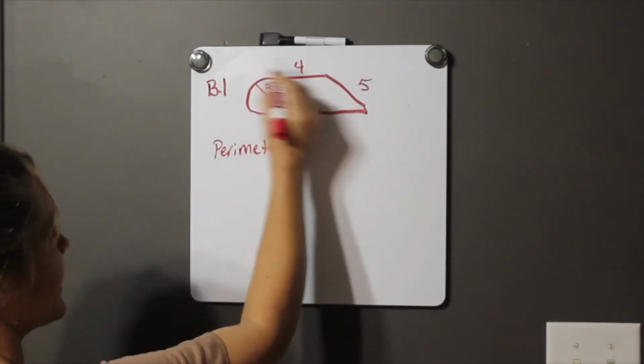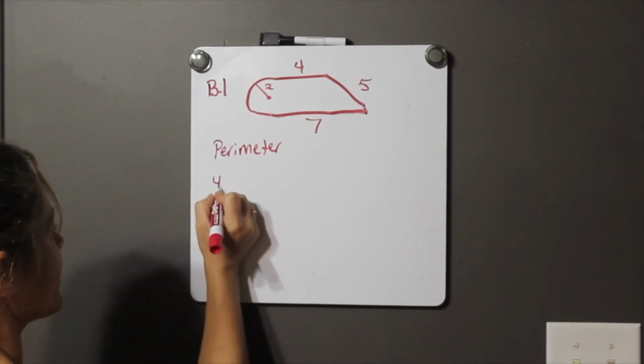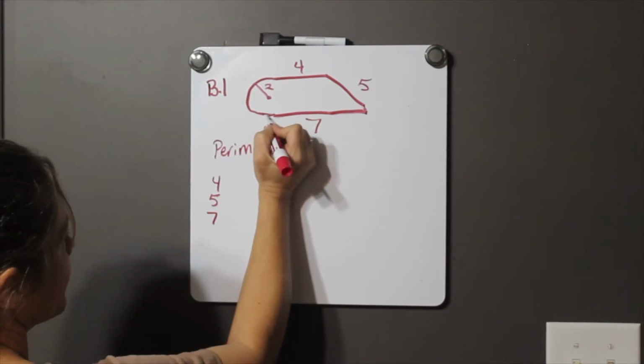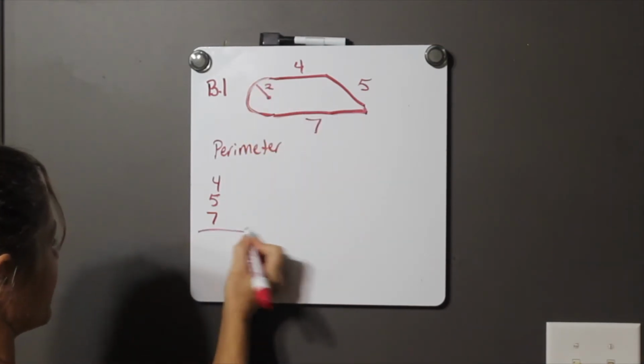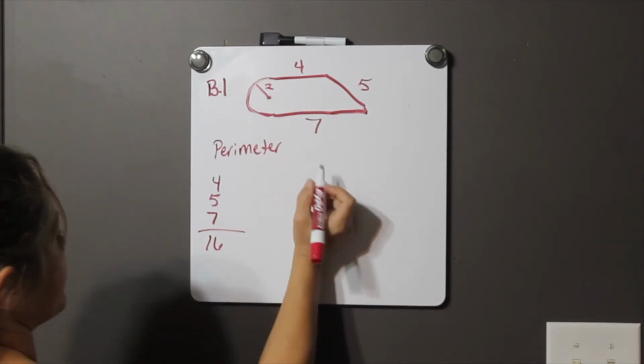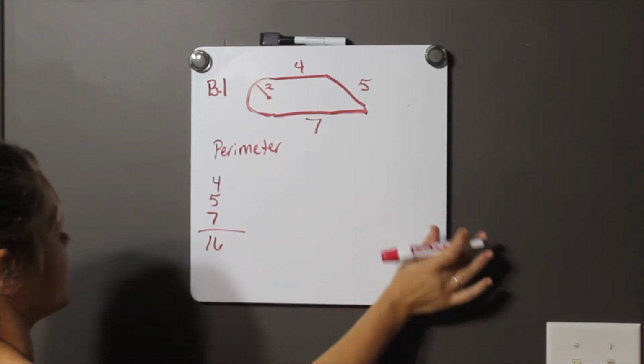And that means we just have to add up all these sides. So we would have 4 and 5 and 7 plus whatever that is, that roundy part. Let's add these first. That would be 16. Alright, so now we're going to figure out the roundy part, and we know that the circumference of a circle